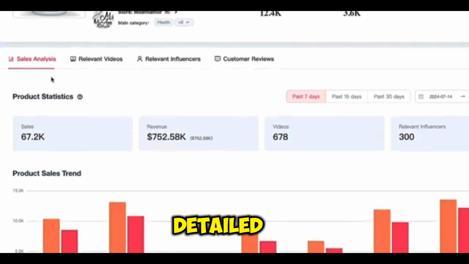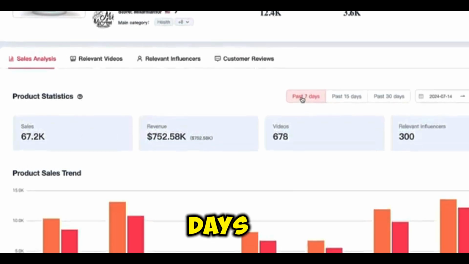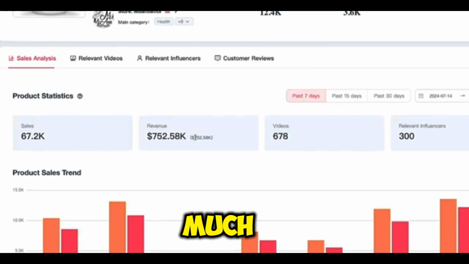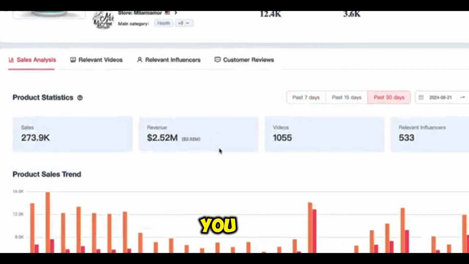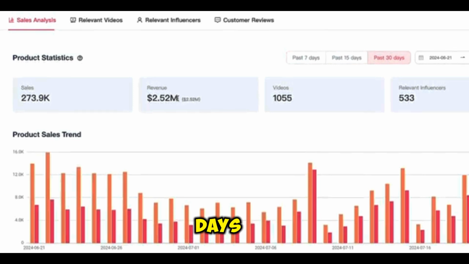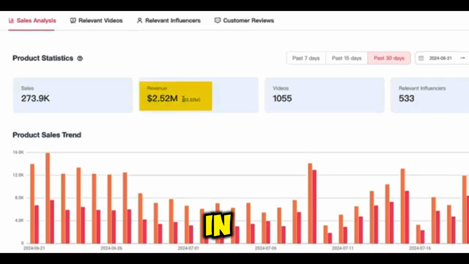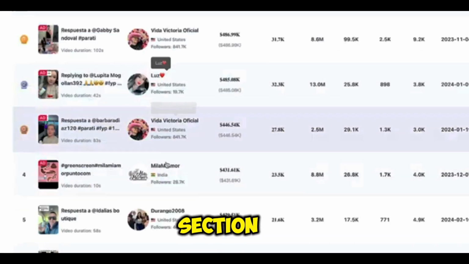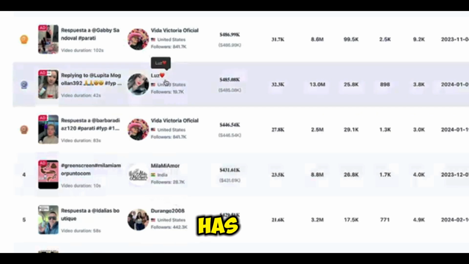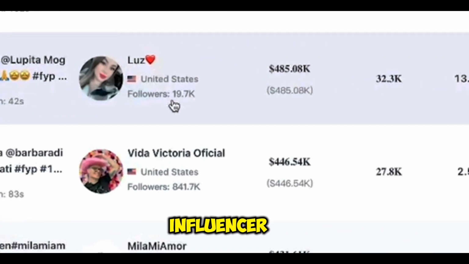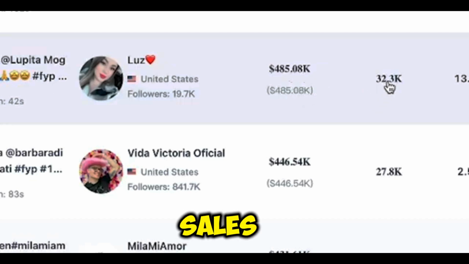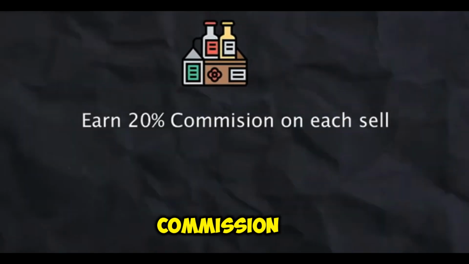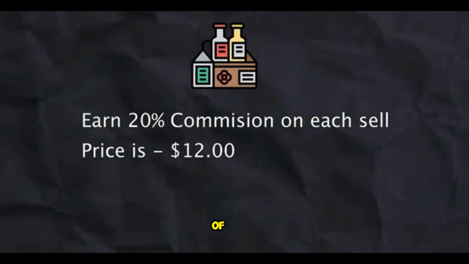Below you can see detailed product statistics for the past 7 days, showing how many sales and how much revenue this product has generated. You can also check the stats for 30 days. This single product has generated $2.52 million in revenue. In the relevant video section, you can see how much revenue each influencer has generated. For example, an influencer with only 19,000 followers generated $485,000 in revenue and over 32,000 sales. If they earned a 20% commission on each sale and a product price of $12,